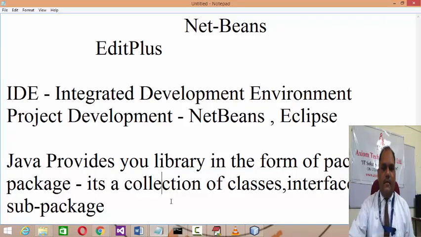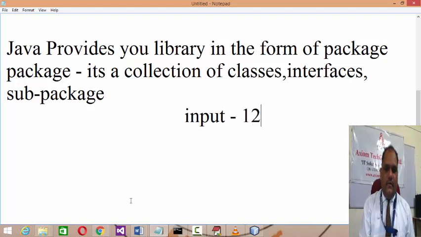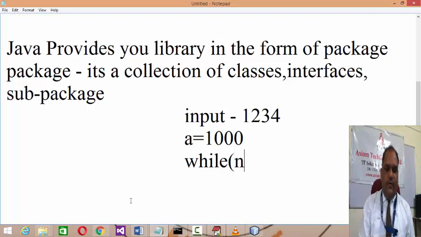Let's say you input a number 1 2 3 4. So I have a equal to 1000. While the value of n remains more than 0, I need to switch n by a.